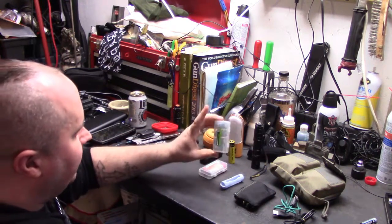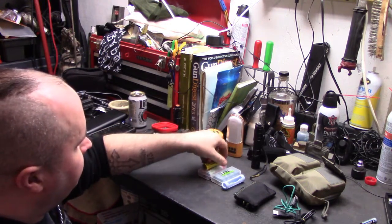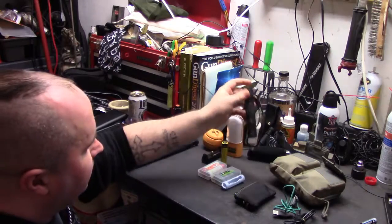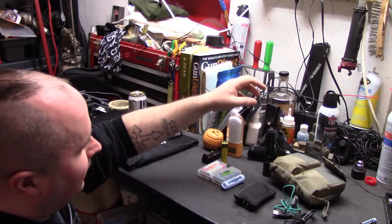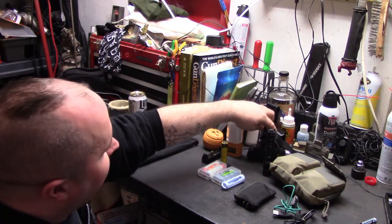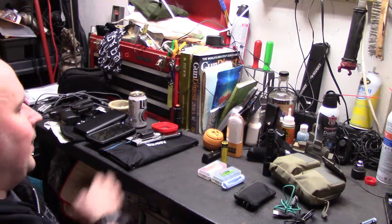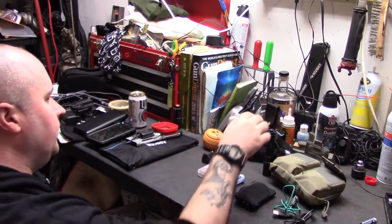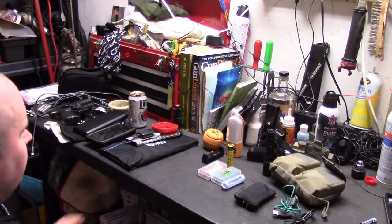So I carry 4 CR123s, 3 18650s that are not in items. This one I use all the time. This light's always out of my pack, so I keep the battery in it, which is sometimes not good, but as long as I'm keeping it checked, it should be fine. I keep the battery out of this one because I don't use that as much. I'm mostly utilizing my flashlight, so I keep that out of there, but then this battery is just going to go right into it. So either way, even if I'm utilizing both those at the same time, I still have 2 extra batteries to run those items. So I've got those